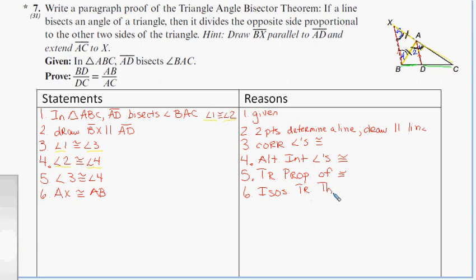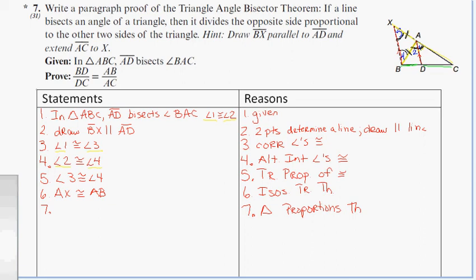Now, number 7 is going to let us make some other statements. We're going to write some proportions here, okay? And the reason is going to be the triangle proportion theorem, okay? We're going to say, and I'm going to just color code these here so you can see them. We're going to say that BD is to CD as